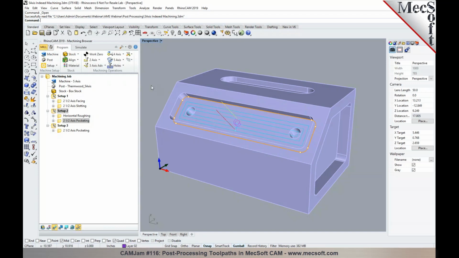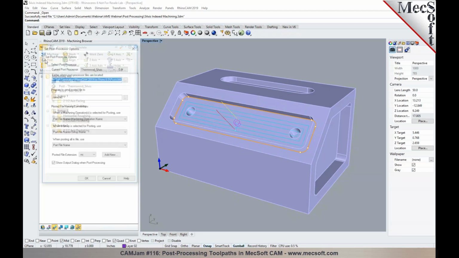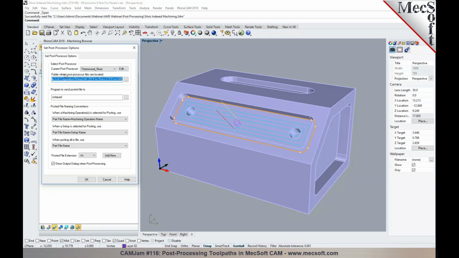So just to quickly summarize here, we covered posting of 2 3-axis operations, 4-axis, and also 5-axis operation types. We talked about set post processor options, selecting a post processor, the program to send the posted file to, which can be changed to a program of your choice, and then the naming conventions for the posted output file and the posted file extension. Now we do have one additional option in here, which is show output dialog when post